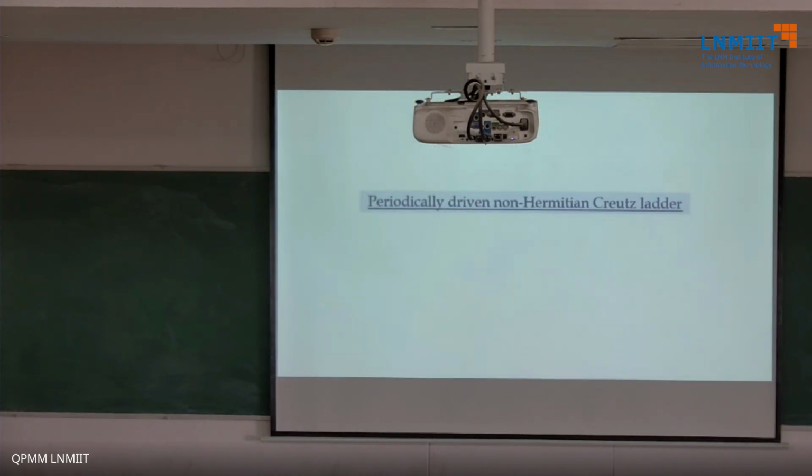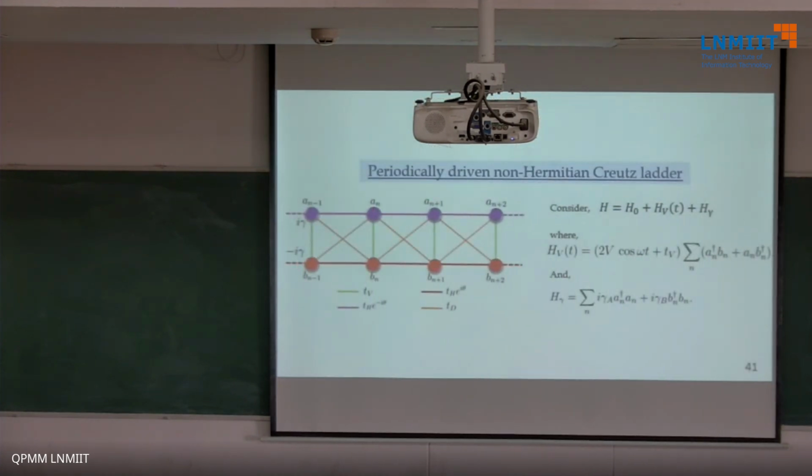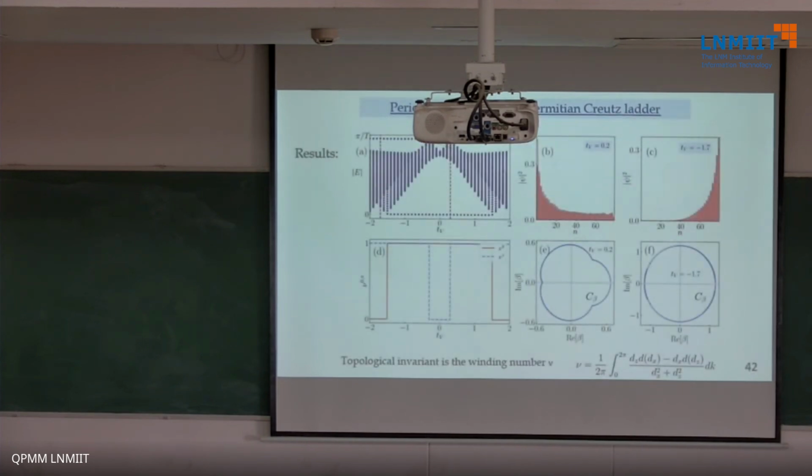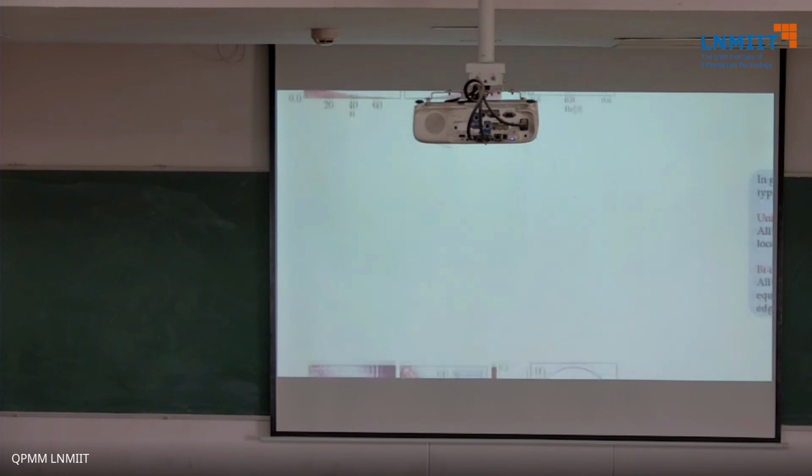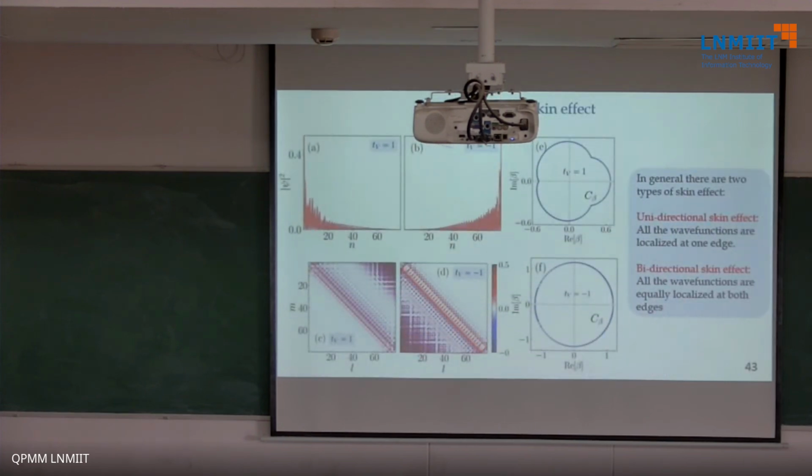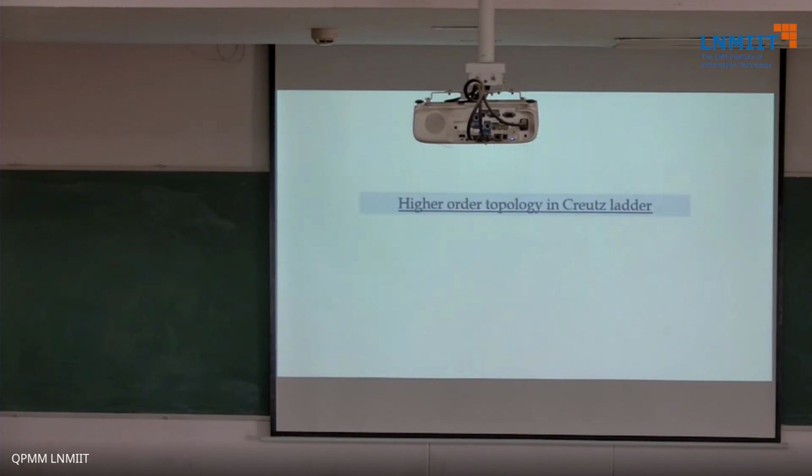There's also a non-Hermitian version, where we have put a staggered mass term and calculated the Brillouin zone using the non-Bloch theory. You see there are these pi modes here and the 0 modes here, which are characterized by the Chern number or the topological invariants. These show the non-Hermitian skin effect that happens, and these are the corresponding Brillouin zones using non-Bloch theory, and these are precisely saying the same thing.